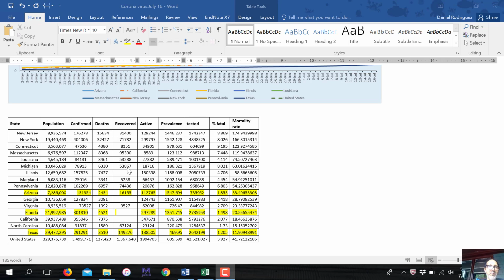If we look at the actual figure, what I did here was I have the population, confirmed cases, deaths, recovered. The problem is, using the Johns Hopkins site, which is the best site available, we don't have the number that recovered for certain states. The one that I wish we had was Florida, because that would actually help us in determining the prevalence. I don't trust prevalence numbers if we don't have the number of recovered, because this prevalence doesn't make any sense when we don't know how many people have recovered. Same with Georgia, Florida, California, etc. So it's hard to judge prevalence. Prevalence is the number of cases per 100,000 population.